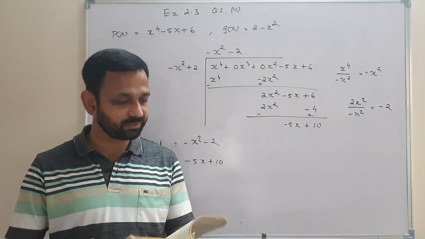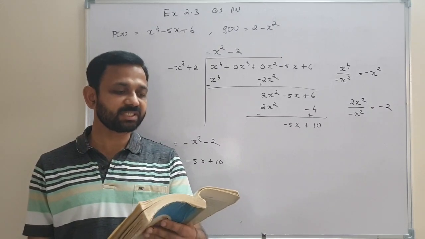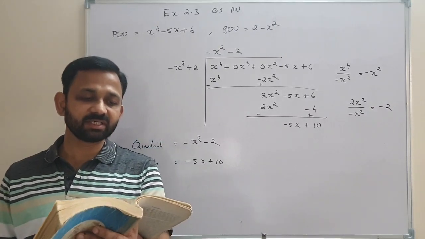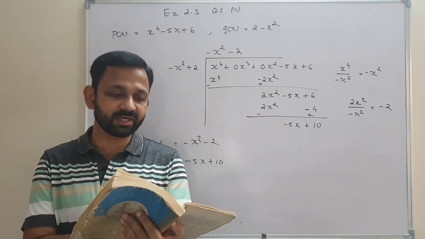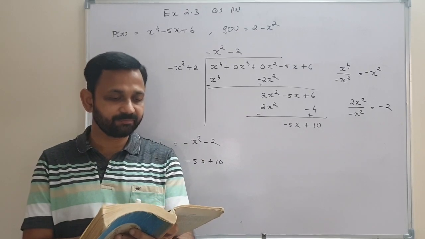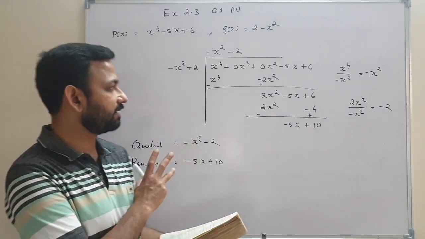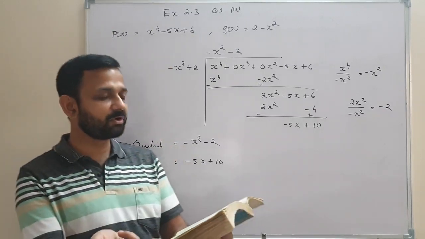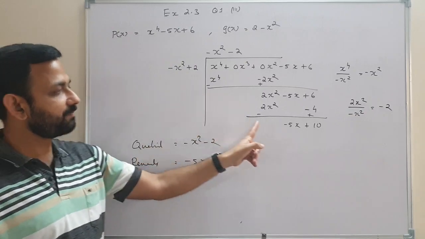So we can easily do the rest of the questions in question number 1. Then the second question: check whether the first polynomial is a factor of the second polynomial by dividing the second polynomial by the first polynomial. That question is not difficult. In the same way we can divide the second polynomial by the first polynomial, and when we do the division,